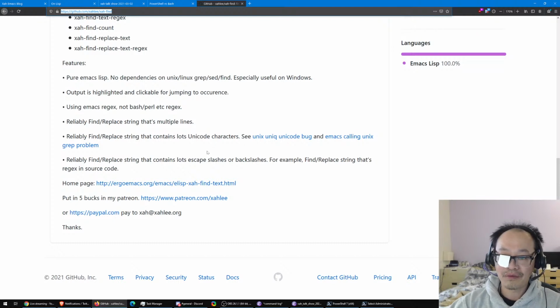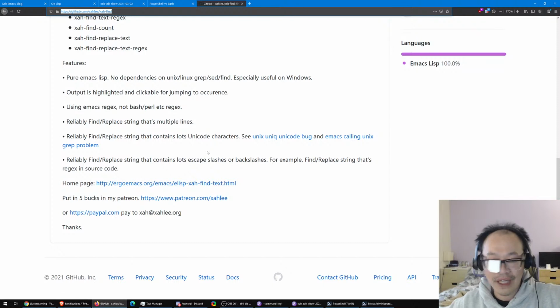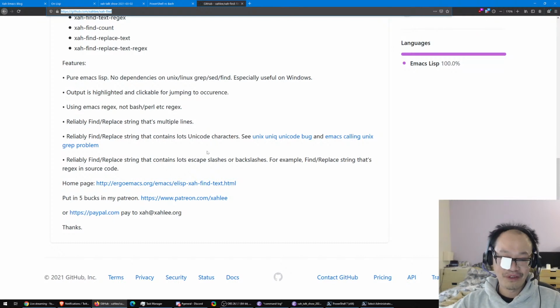But why do you write a pure Emacs Lisp version for it? Why don't you just hook up to AG, right? I think the latest one is called AG. And I even filed a bug report to the guy because he had problems on the Mac a few years ago when it first came up. So anyway, so why do I write it? Why do you do it in Emacs Lisp? Okay, Emacs Lisp is much smaller,